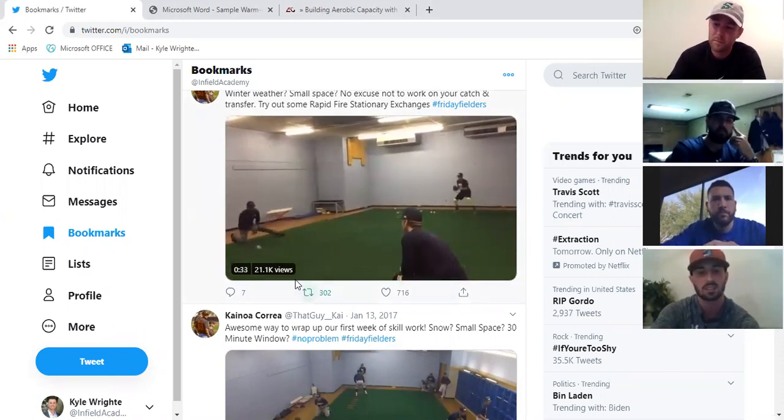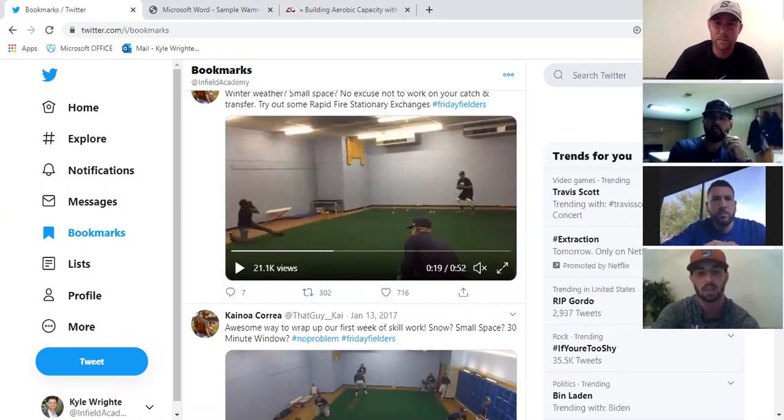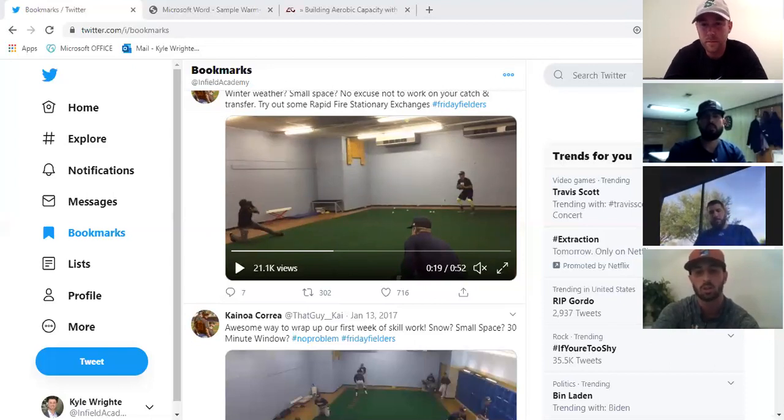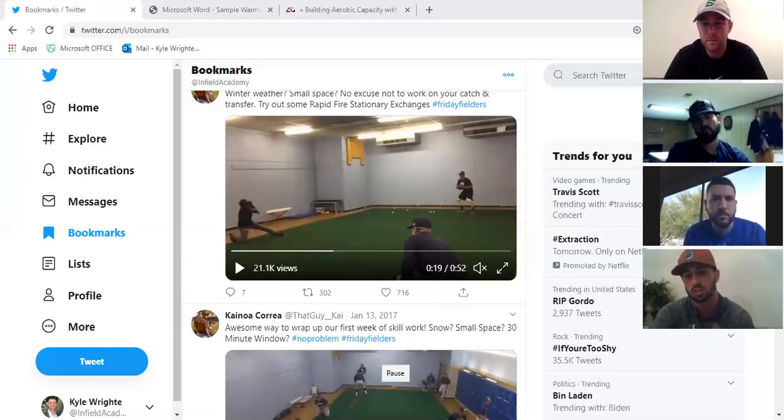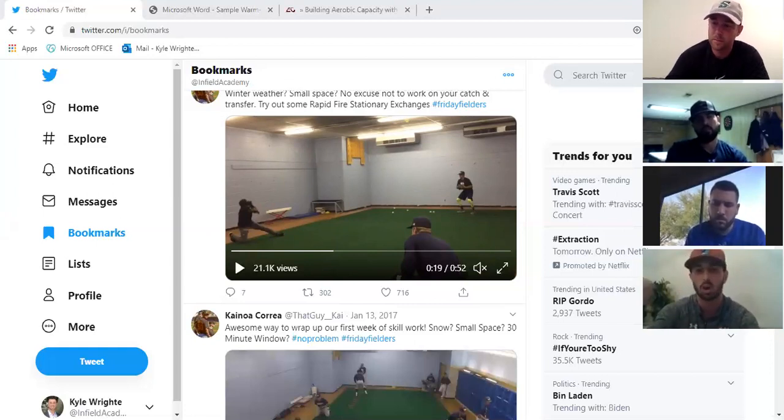It's stuff like this. I think I have the same thing. Yeah, I have it right here actually. So this is pretty much the same exact concept, just a warm-up right when we started and we're just throwing. These two are college kids that were coming back to train during winter break, but they're throwing to each other. We're in one cage. We don't need that much space, as opposed to when I'm with my high school team out on the field, and we can work on our exchanges for the other guy receiving, and they can work on getting their arm loose in a small period of time.